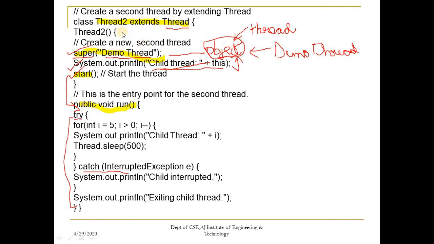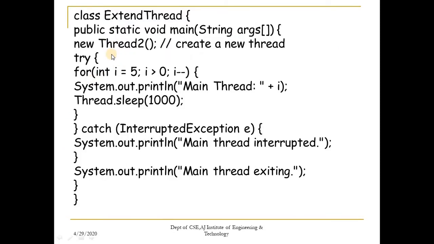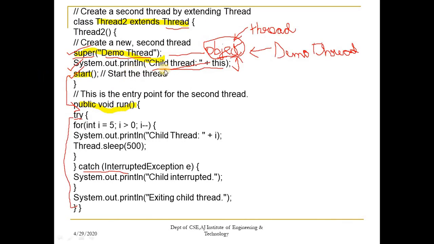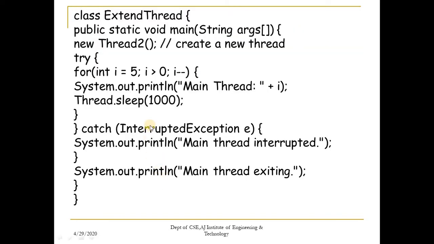Now in the constructor of Thread2, it is going to create a new child thread, correct, and the child thread will start executing. Whereas the main thread, after it calls the constructor of Thread2, continues with the remaining part of its task. Here in the main method, the main thread continues with its task. So inside the main method we have the main thread executing, but inside the Thread2 class we have the child thread executing. That you have to remember.